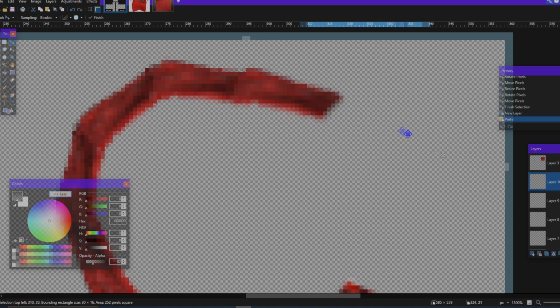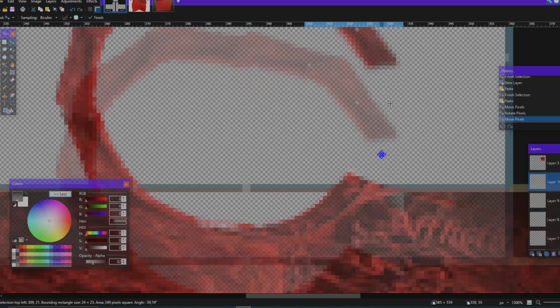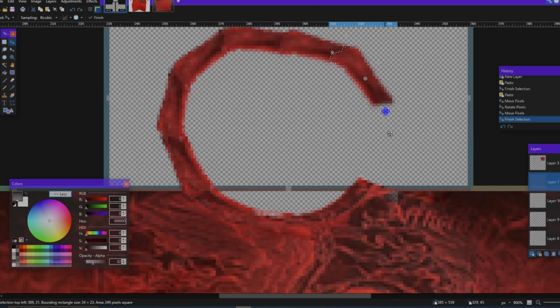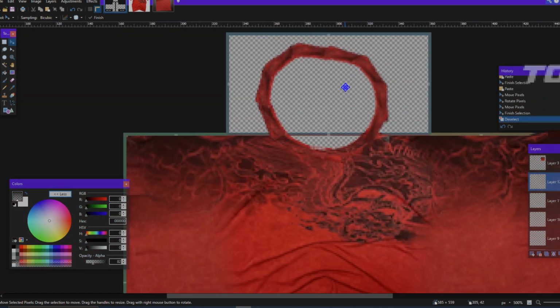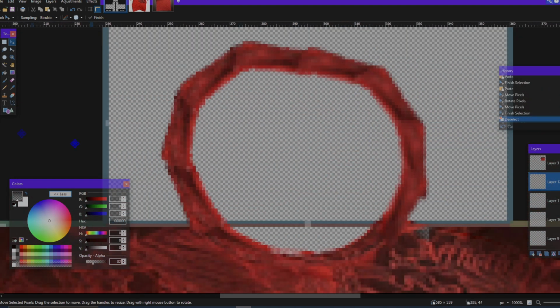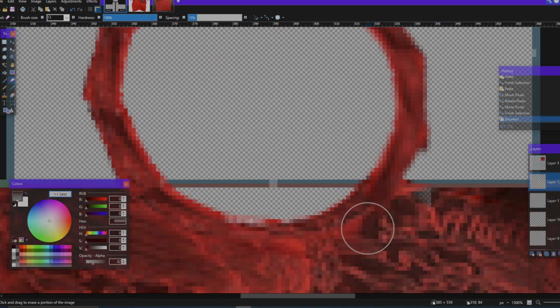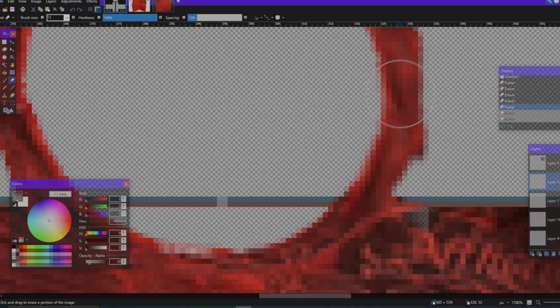Alright, so I'm just gonna paste again. Just like that. And again. And then I'll do one more. Alright. So like this already doesn't look too bad. We're gonna make it blend a little bit better. So I'm just gonna do that. I'm gonna do that. Alright, make sure I don't